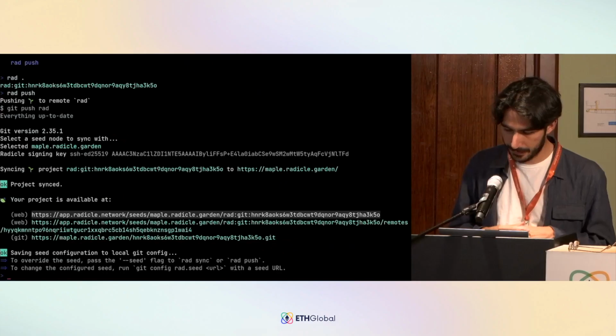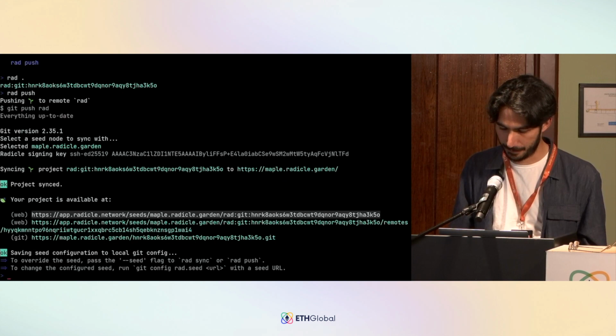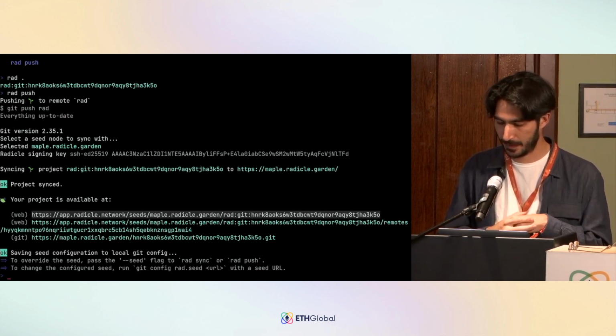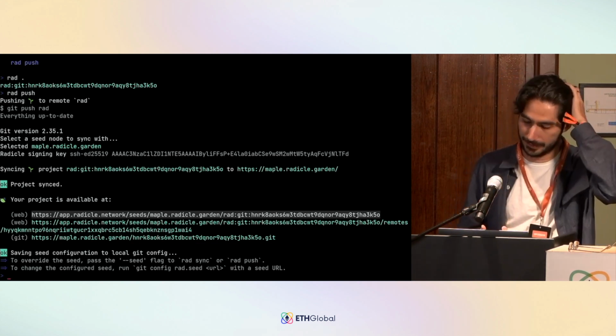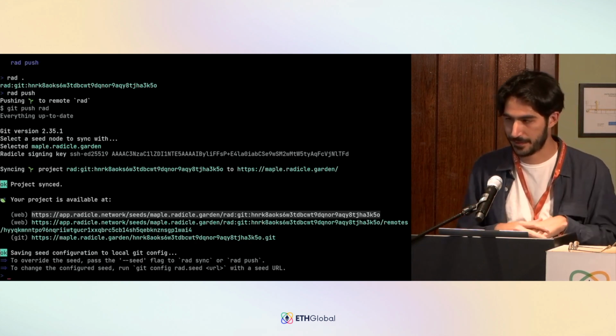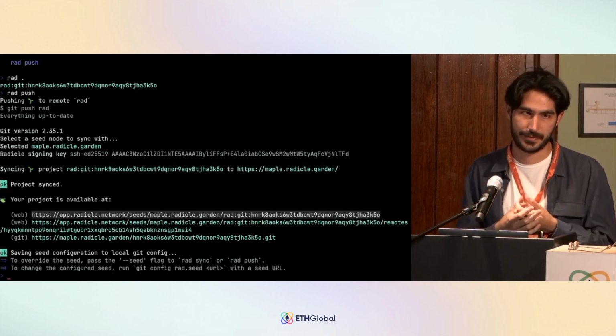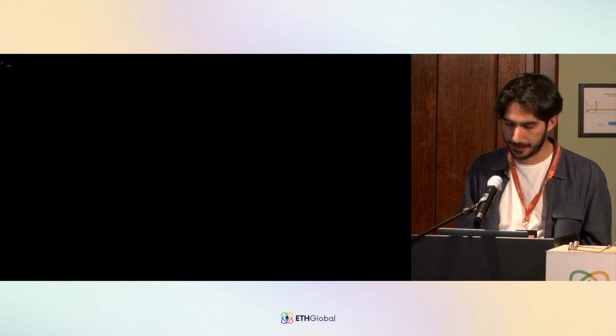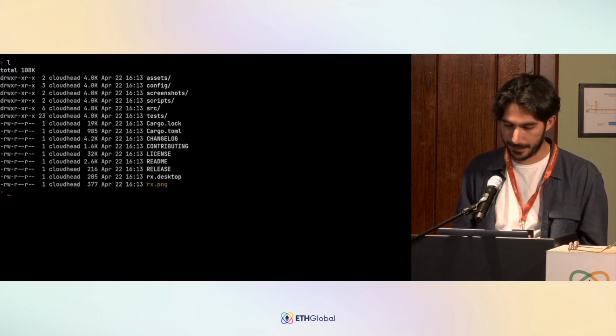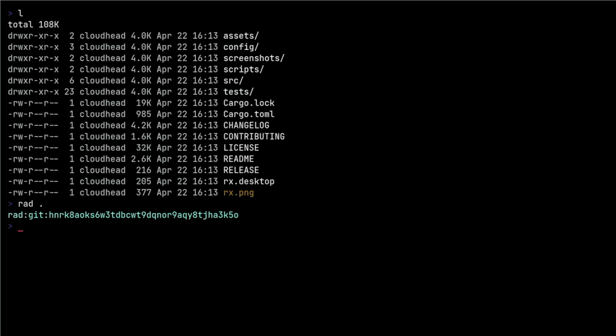So let's look a little bit at how some of this works. Radicle is based on Git, and we use Git not just for code, like developers, but we also use it to store all kinds of artifacts, like these identities that I spoke of. So let's look at what that looks like. I'm inside this project RX. We saw that if you do rad dot, you can see the project ID. We can also do,